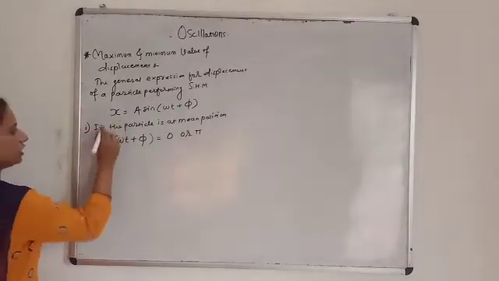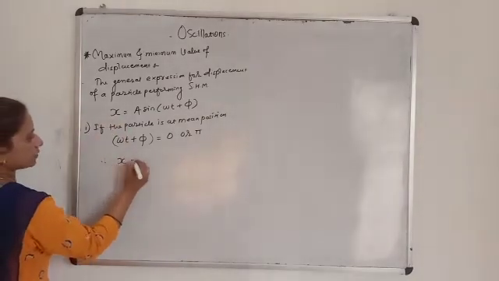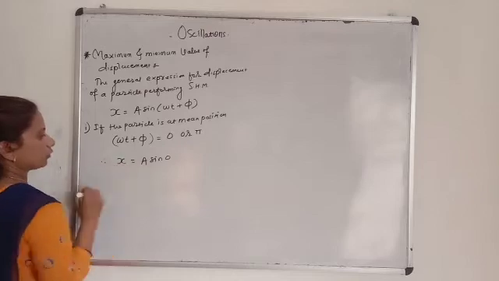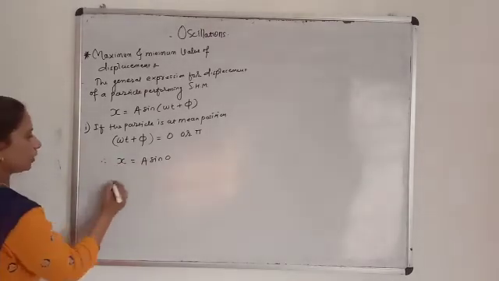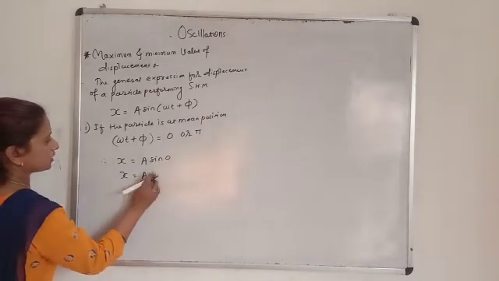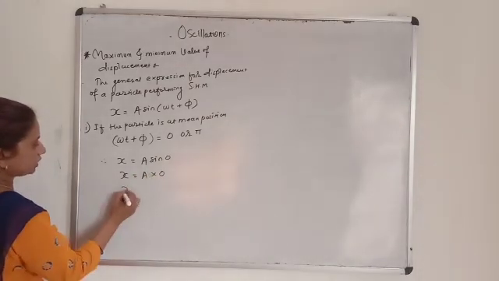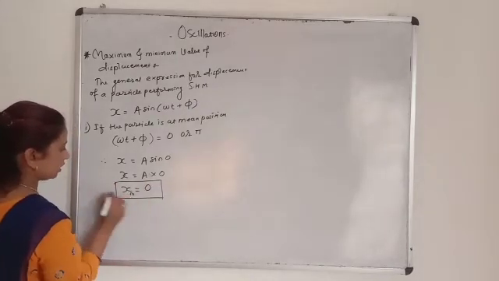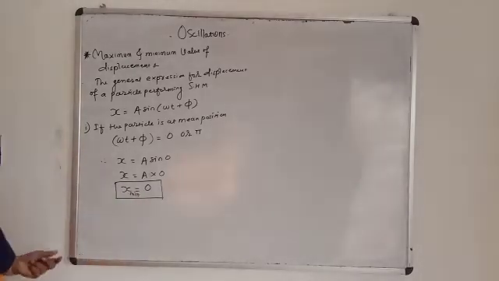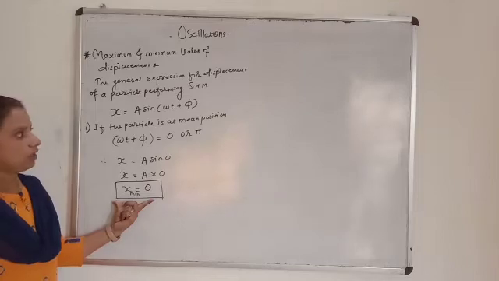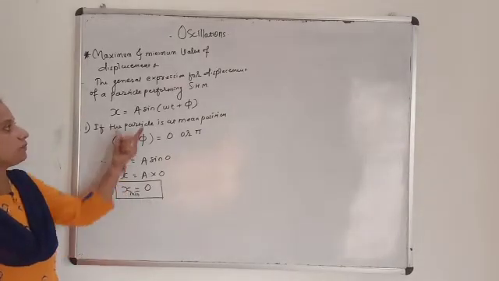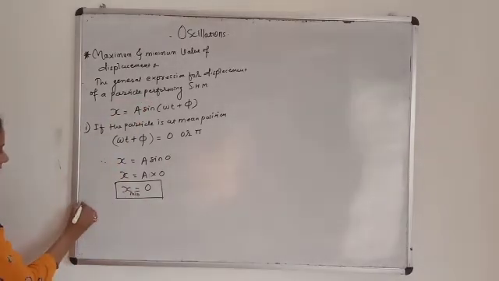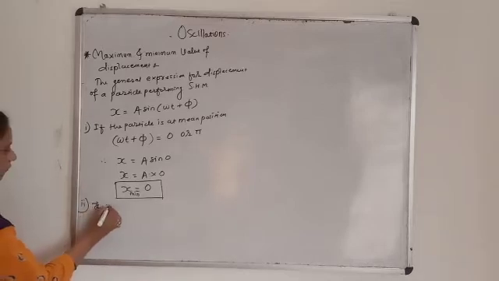So at mean position the above equation x becomes a sine 0 or sine pi, which is 0. So x equals to a into 0 here. So this x equals to 0 here. So at mean position the displacement x is minimum, that is 0. So if we find the value of displacement x at mean position, it becomes 0. And the same, if we look at extreme position,